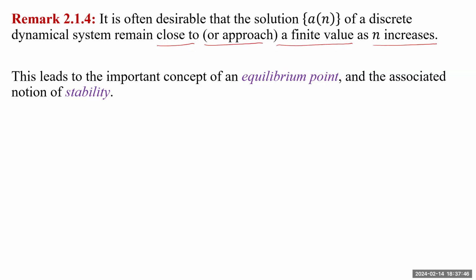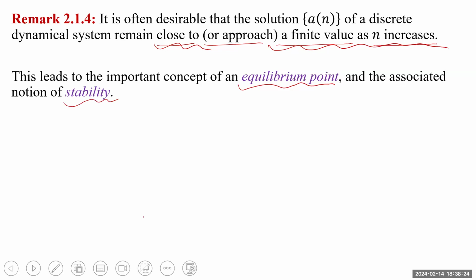Mathematically, we consider closeness to mean distance. In one dimension, we can take the modulus, and in two dimensions, the distance between two points, we can take the Euclidean distance, etc. Because of this, we are going to identify important concepts, the so-called equilibrium point and the relevant notion of stability,